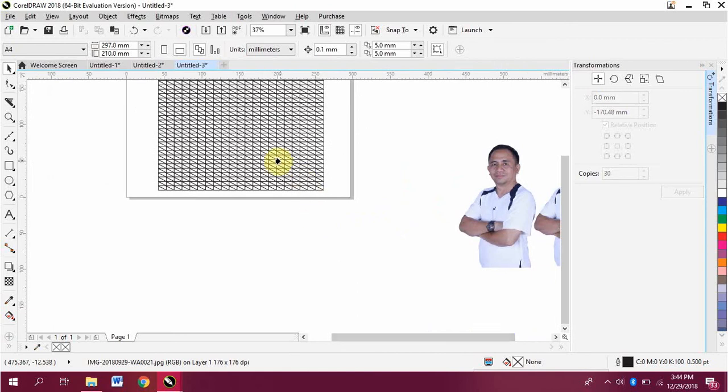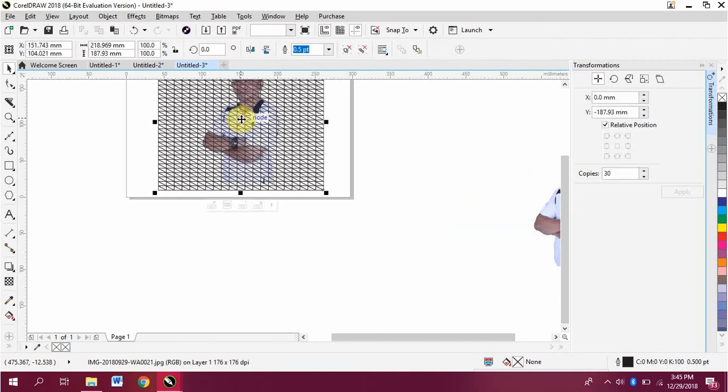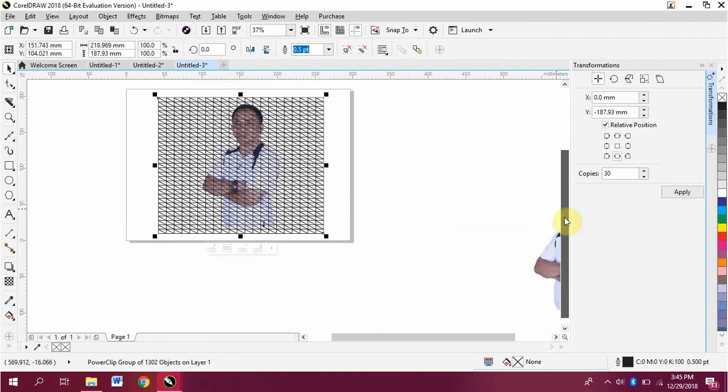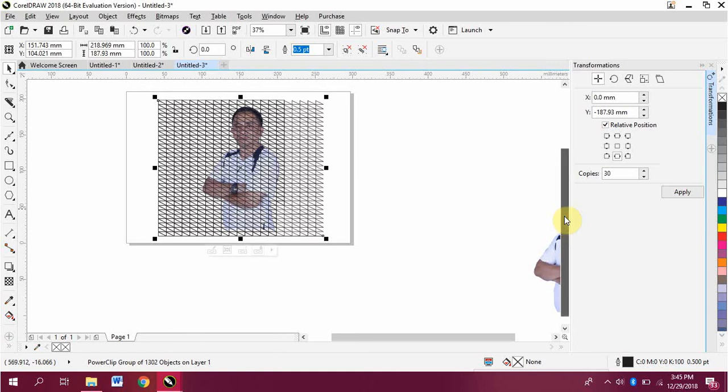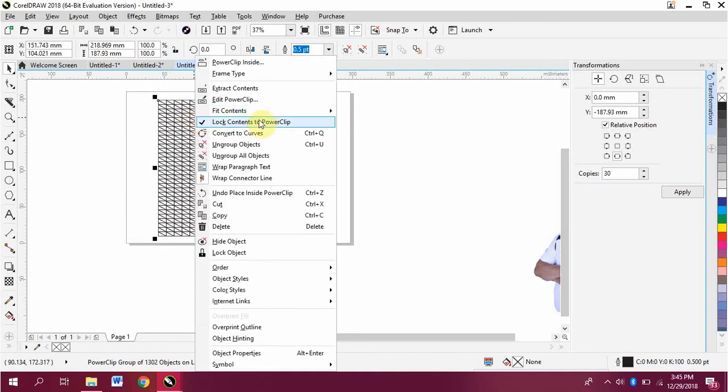After that, click into our object. Right-click, then choose Ungroup Objects.